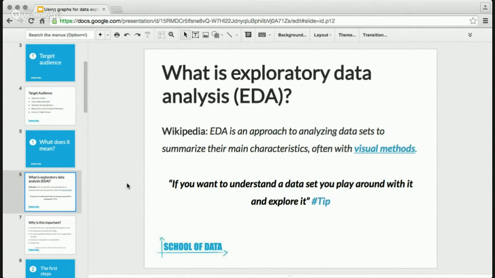In this, you analyze the mean, the distribution, for instance, the trends, the median, or the variance of the data sets that you are working with. But normally these should be complemented with visual methods. That is what exploratory data analysis basically means, to use graphs in order to explore your data